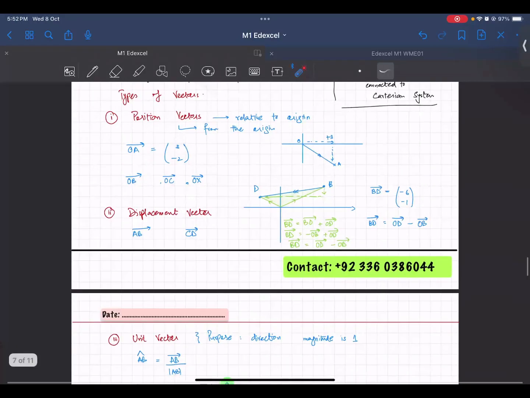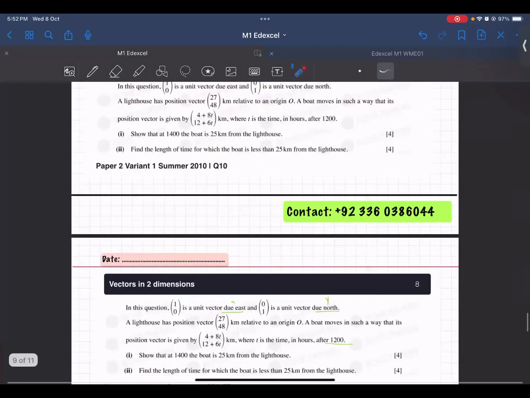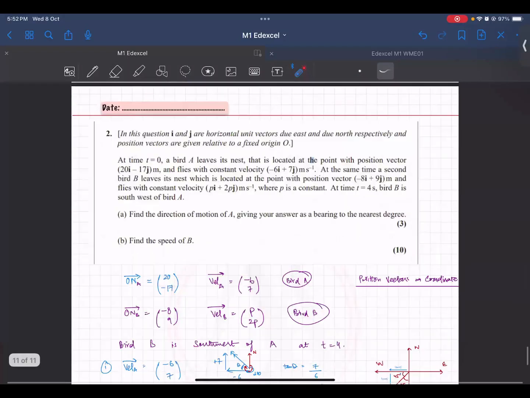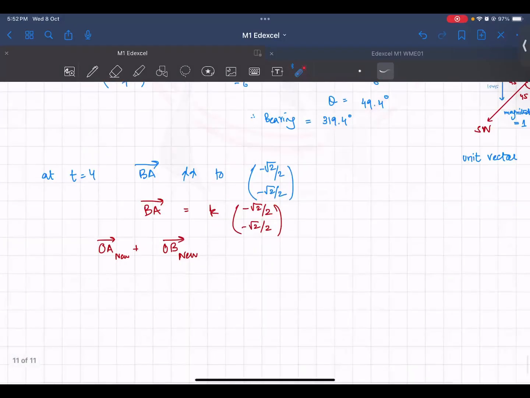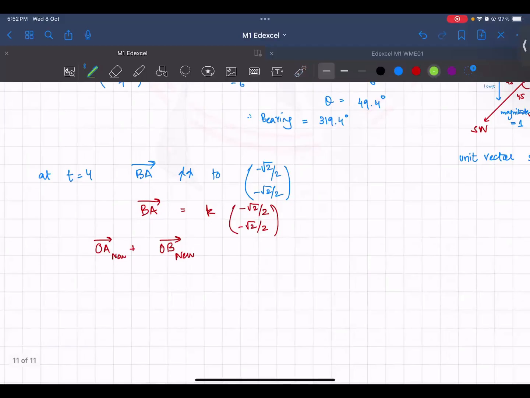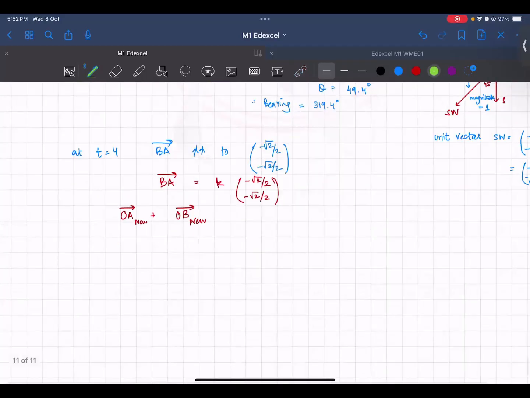We will redo this question as well. I know this is a lot of information. Everything is connecting in a single question, so it can be confusing as well. So that's why I have opened it up into OA and OB. So OA and OB are the new position vectors. Now I know that the new position vector is equal to the old position vector